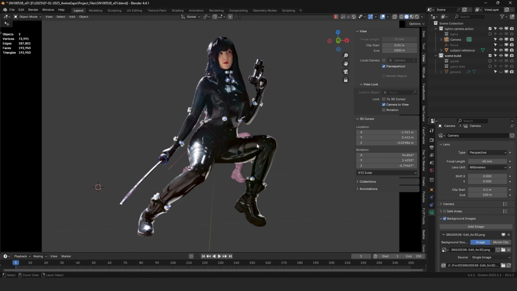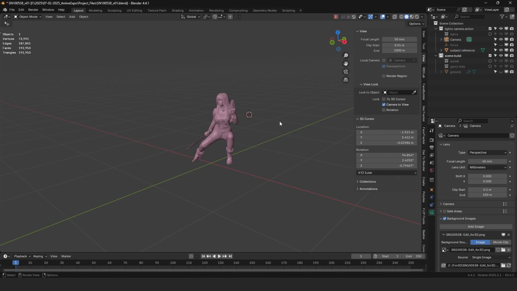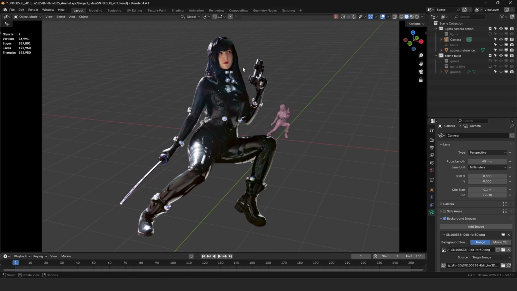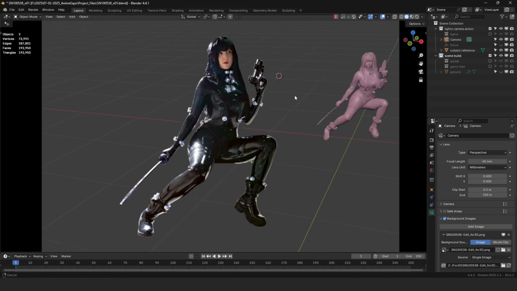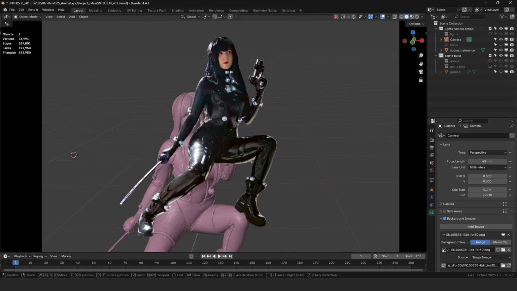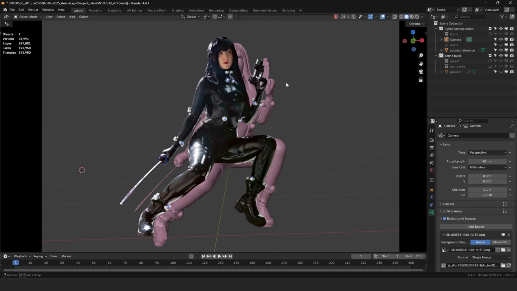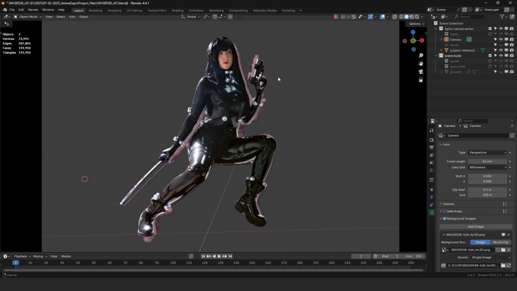So what I would do basically is, I think by default your camera's gonna be way up here, something like that. So with the background image enabled, I'm just gonna go in here and use the basic navigation controls to loosely line up my subject with the 3D model. And then once I get like 99% of the position dialed in, I'm just gonna go ahead and check my